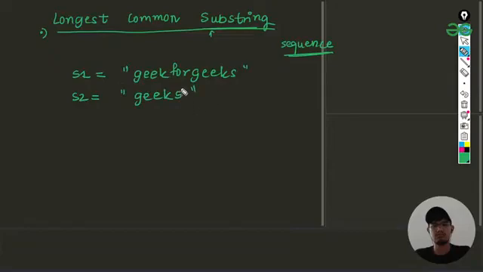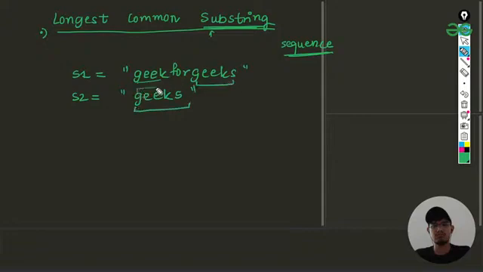Then the function should return me the length of the longest common substring here. So it is not kick, because kick is not a proper substring here, and the common substring of the maximum length is this one, gigs, and this one.